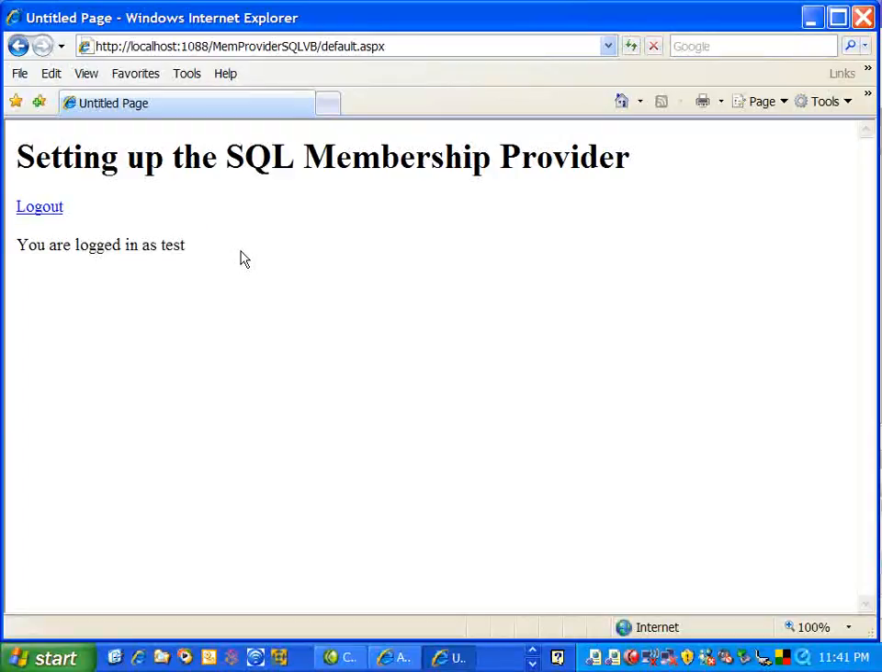And so this removes the complexity of building an authentication system for most developers, which is something they're not typically qualified to do. If you do want to build your own membership provider, you can. And then you can plug it in, you can override all the members. We'll talk about that in future How Do I videos. Right now I'm going to log out,